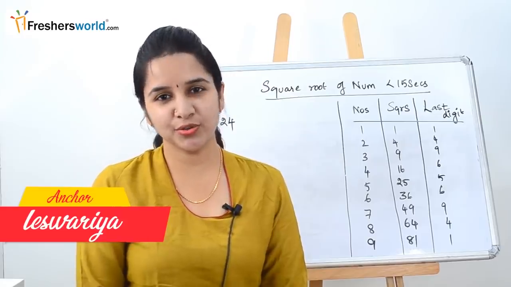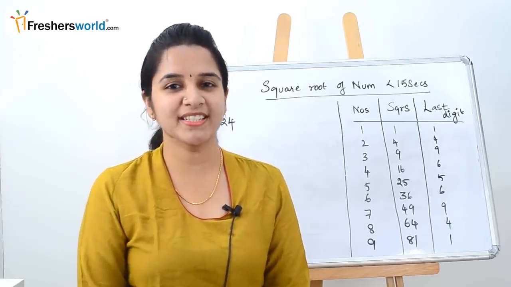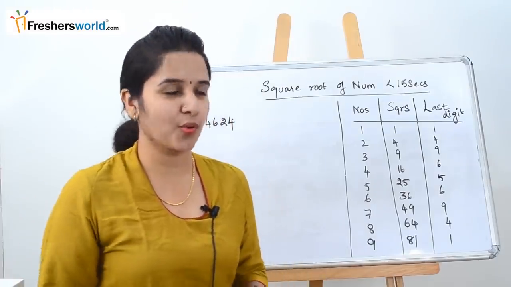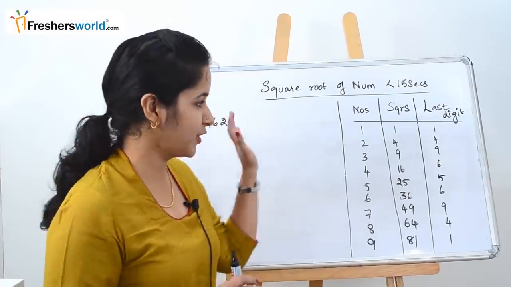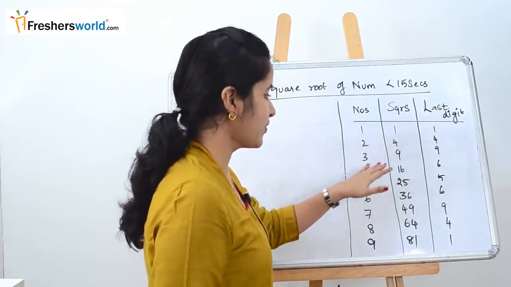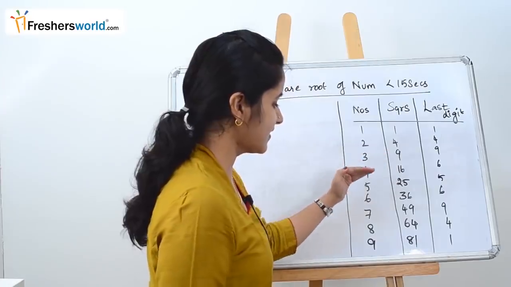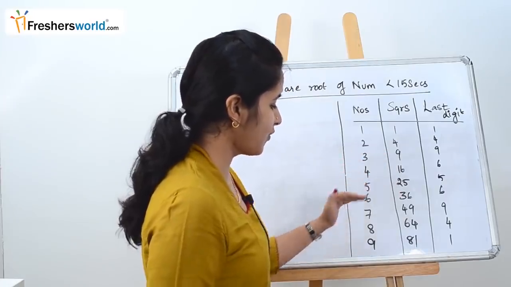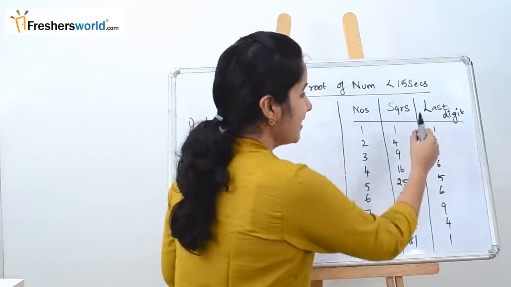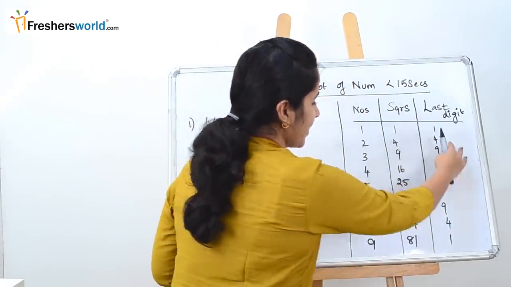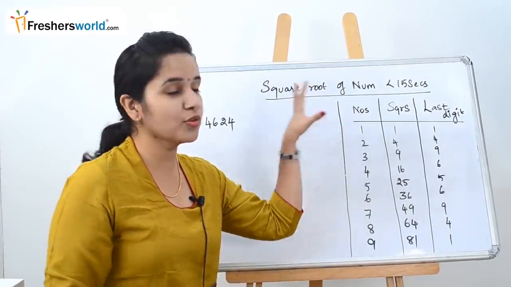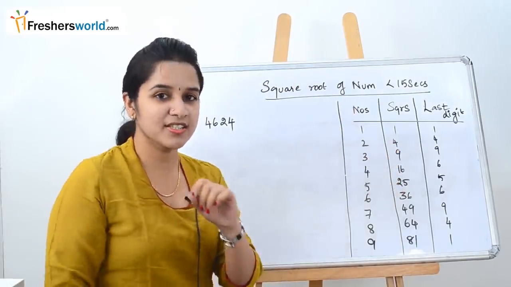The topic that we are going to look at today is how to solve a square root in less than 15 seconds. In order to solve the square root, the first thing you should know is the squares of the numbers from 1 to 9. The squares are: 1 is 1, 2 is 4, 3 is 9, 4 is 16, 5 is 25, 6 is 36, 7 is 49, 8 is 64, 9 is 81. Another thing you should know: in another column, write the last digit of everything. Once you write the last digit, just keep it safely. Once we solve the sum, we will know how to use this table. Let's get started.